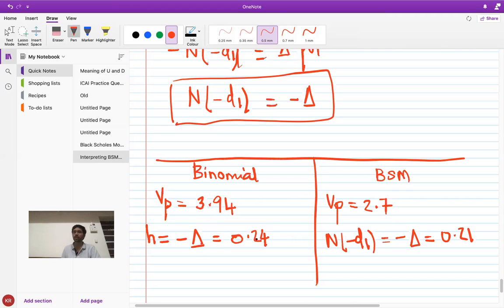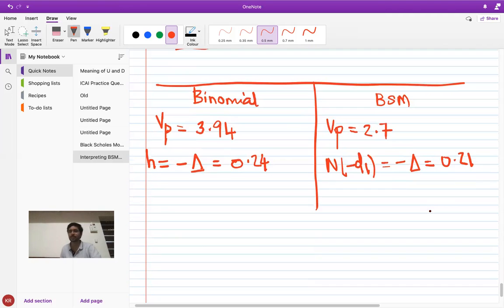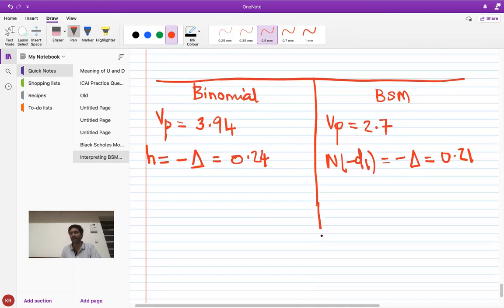So delta under binomial was minus 0.24. The Black-Scholes model delta was minus 0.21, but we are shorting minus delta shares. We're shorting plus 0.24 shares under binomial, and we're shorting plus 0.21 shares under Black-Scholes. Now if I have to split the value of the put option of 3.94 into its components, we had lending